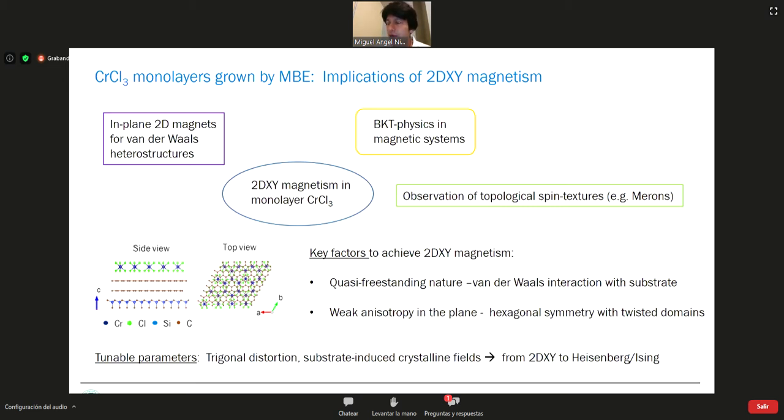But maybe there's also a proposal to combine the glove box transfer with the MBE, for materials that cannot be grown on top due to thermal or other constraints. You can transfer them from the UHV via a nitrogen box to the glove box, and then maybe prepare the heterostructure that way. That will be one thing, but we cannot do the multilayers with our current techniques so far.